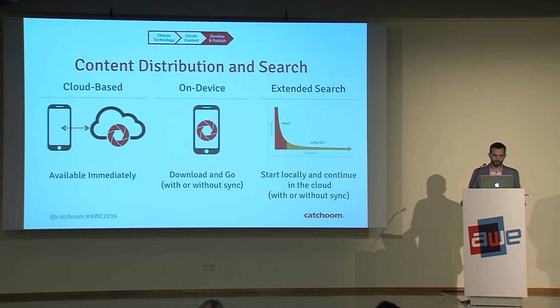In terms of content distribution, let me explain the three use cases here. The first one is what we call cloud-based. So the idea here is that instead of embedding into the application, all the content sits in the cloud. And any time that the user scans an object, the image coming from the camera is sent to the cloud, we find the right content, and then we stream it back to your app. Whether it's just a URL, because it's image recognition, or metadata, or it's the whole tracking scene, 3D model, etc.